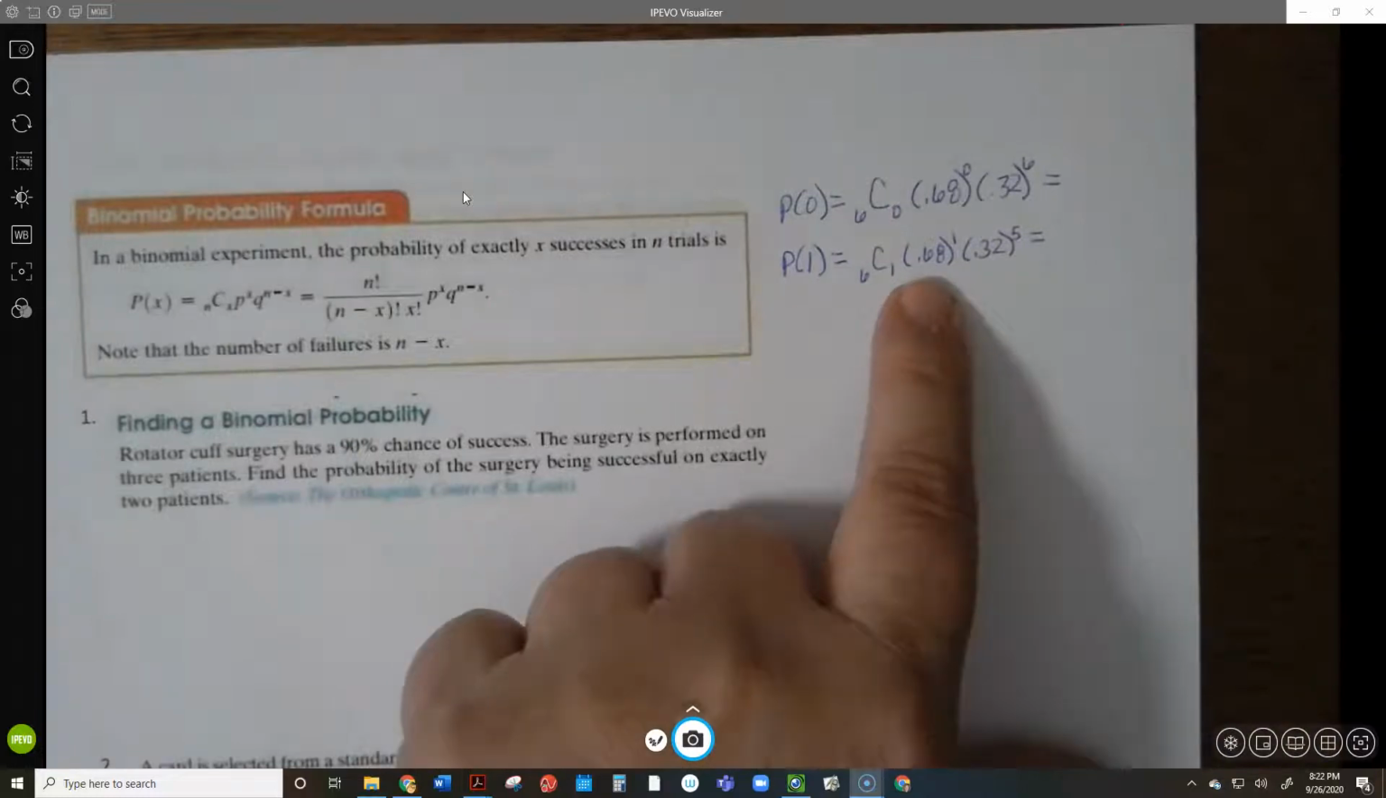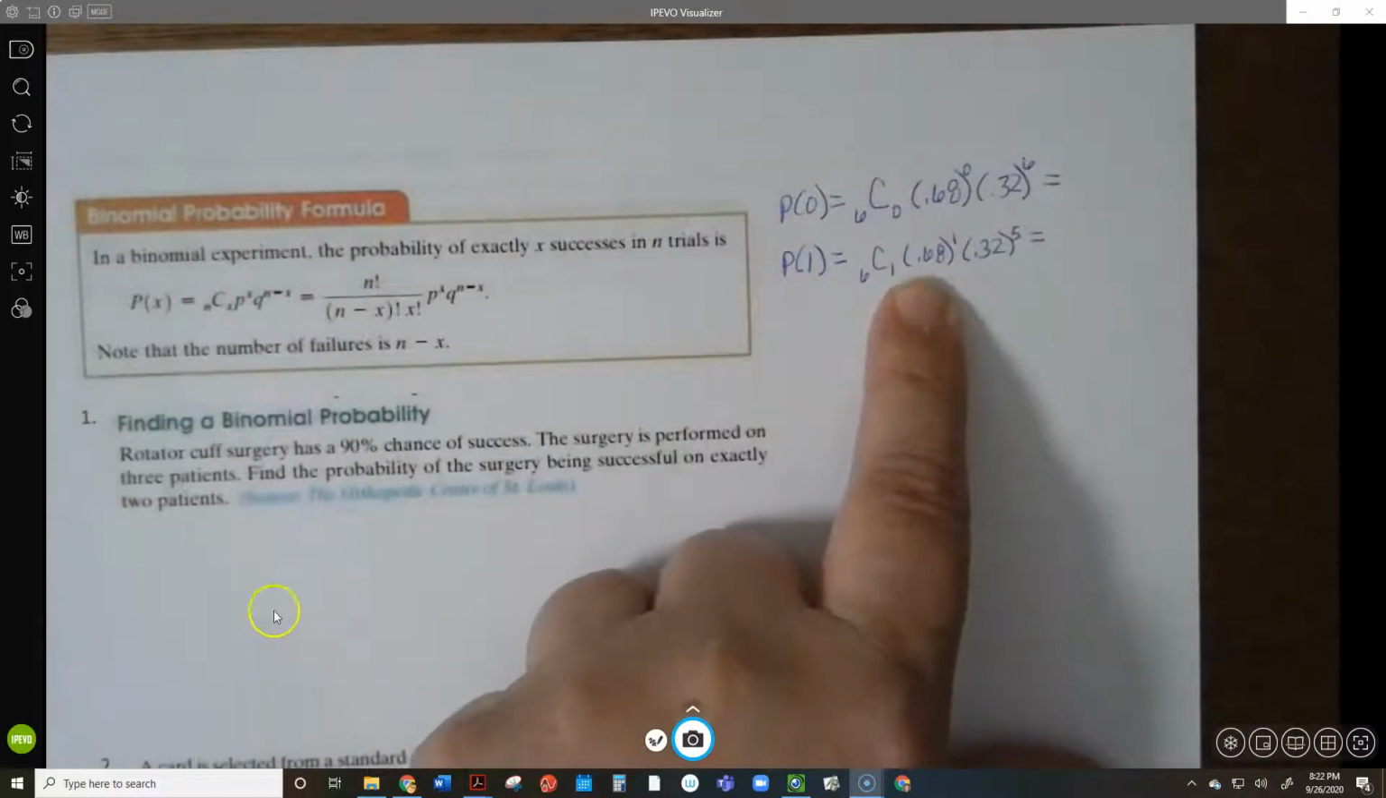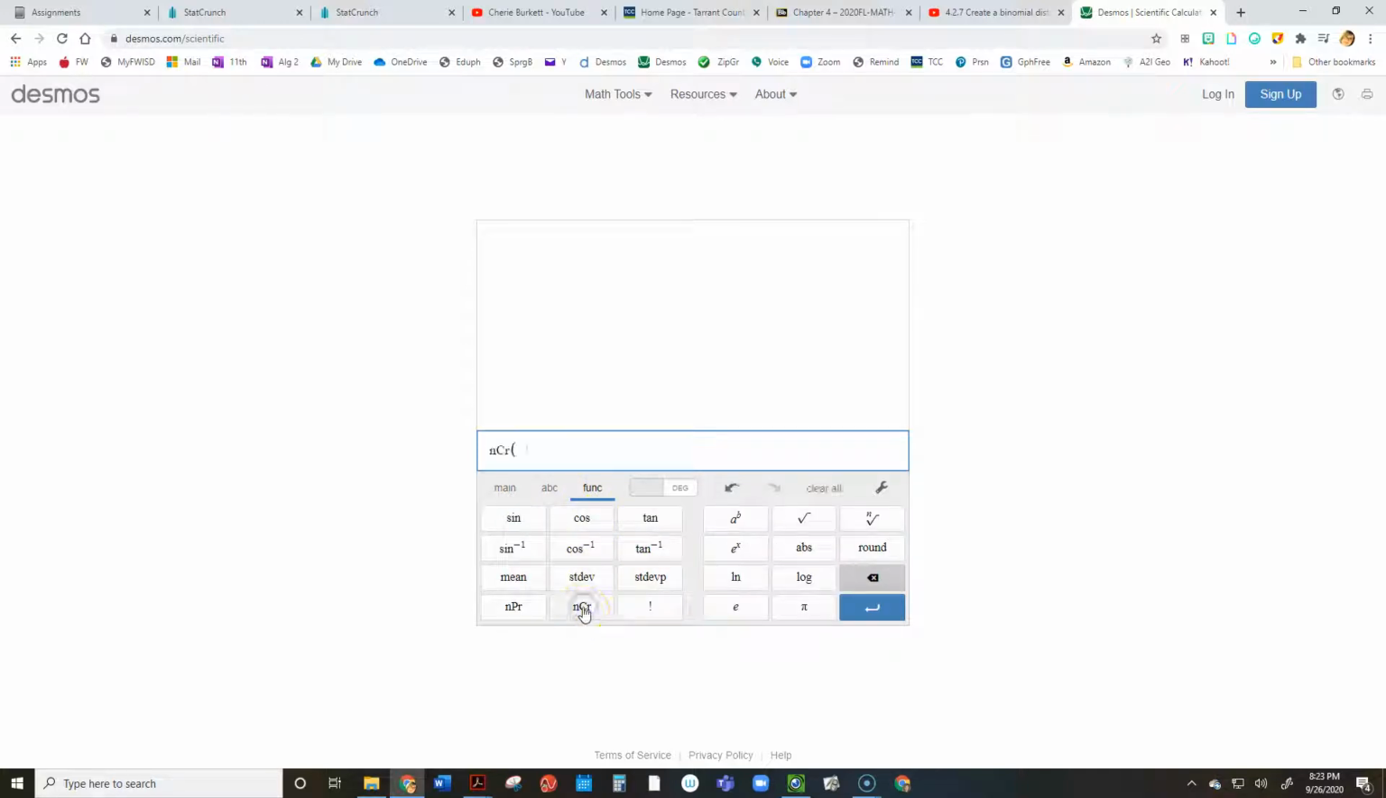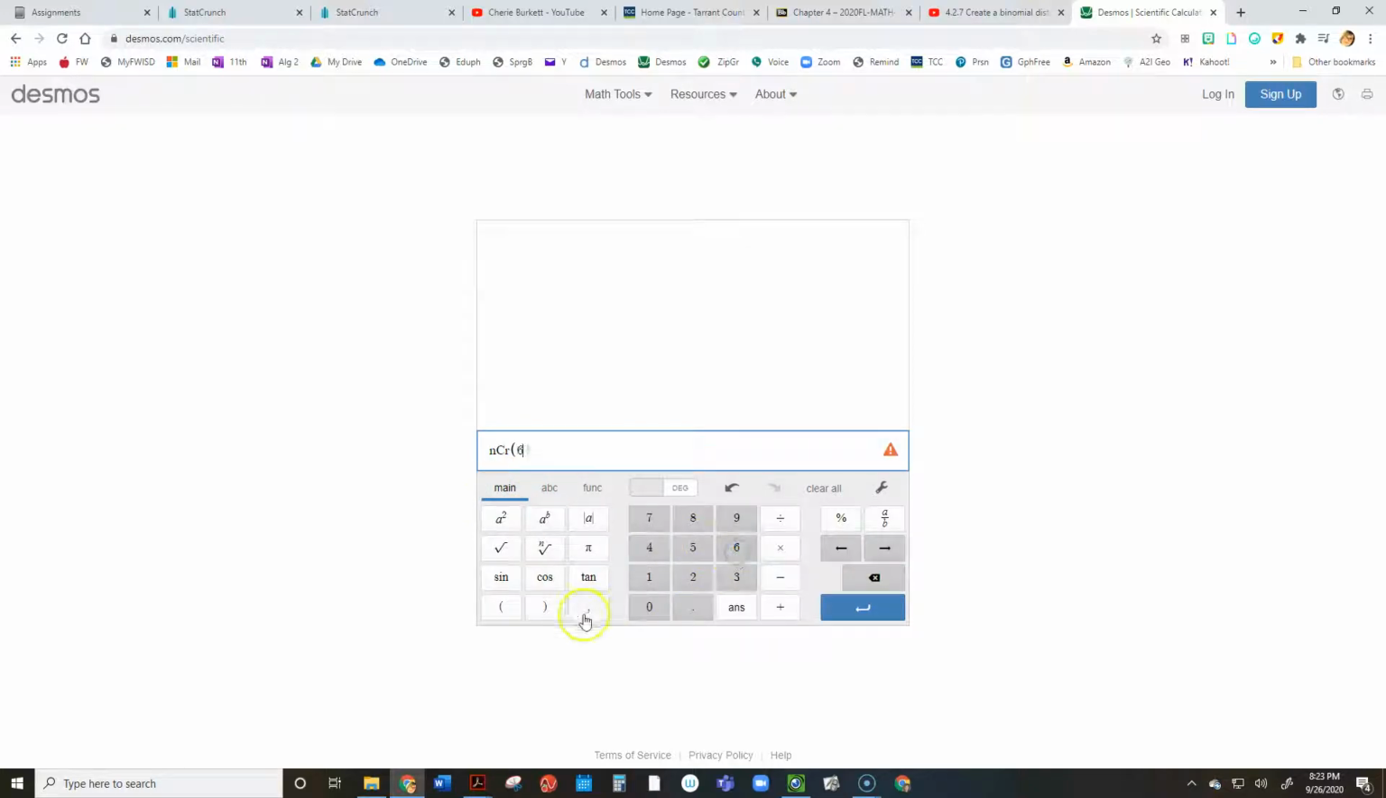And this time I will go to the Desmos calculator and show you how I would type that in. So I went to Desmos Scientific. That's what I picked. And the first thing I would need to do is go to function and get this formula right here. And then I would type in 6, 1, because that's how it works on this one. And then we're going to do times 0.68, and we're going to raise it to, that button right there raises it to the 1st power,